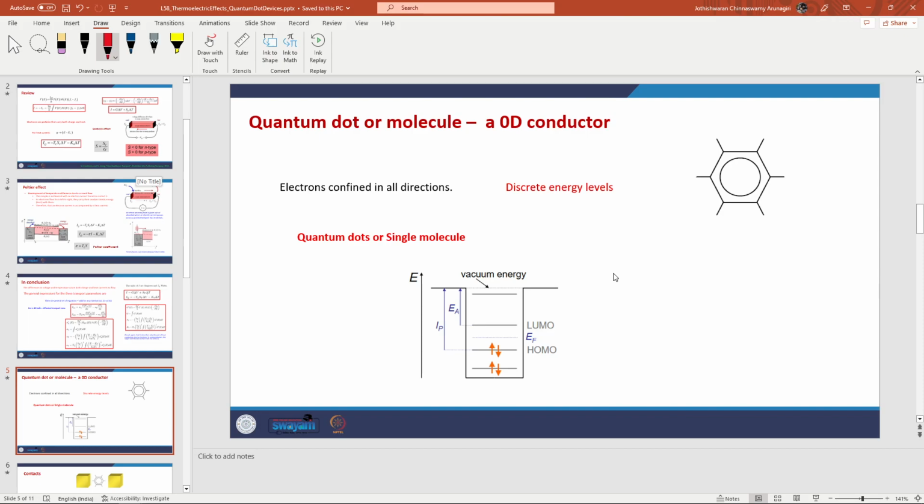Whereas when we move down to Landauer transport, and of course, as you are going to see here in the case of quantum dot materials, we will consider the quantum mechanical behavior of the electrons. So that is what we are talking about when we are talking about quantum dot devices or nanoscale devices in